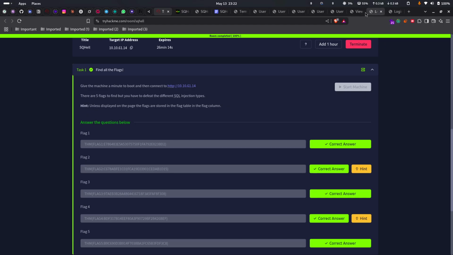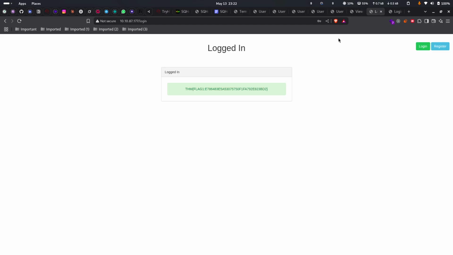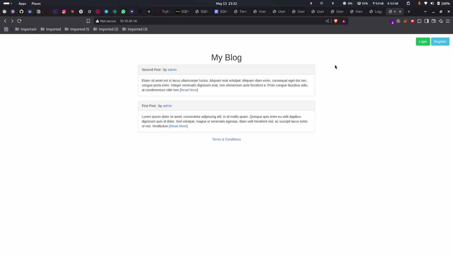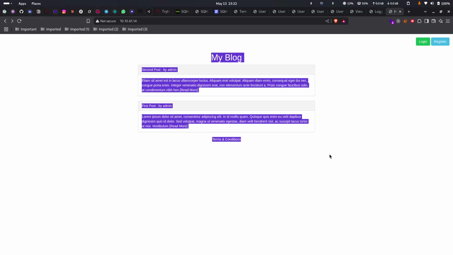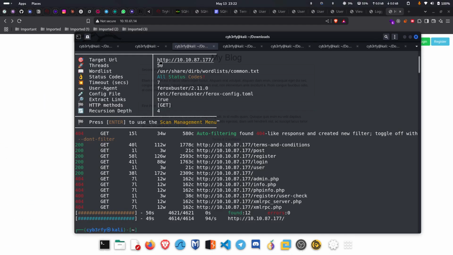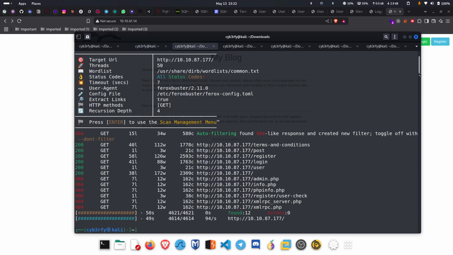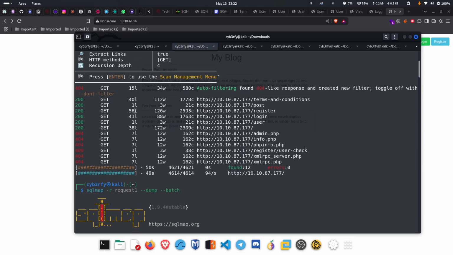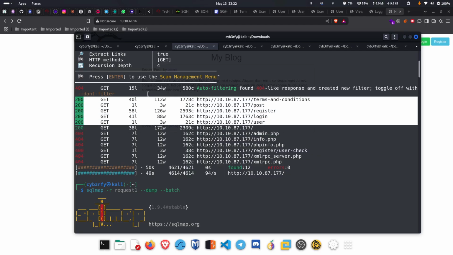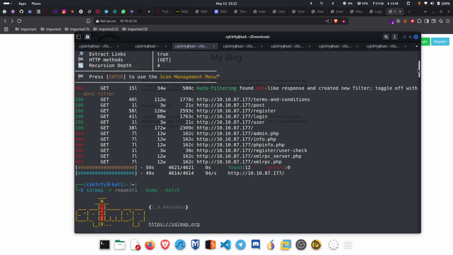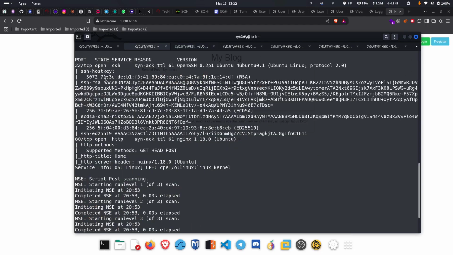Here when we go to the base page, let's go to the home page. Here you can see it's the home page, and when we did an nmap scan, we got only 2 ports open, that is SSH and port 80, but nothing much interesting. Then we did directory enumeration, and here we got this many directories. Okay, those are basic directories, we can access them from the page only. So after that, what I did is